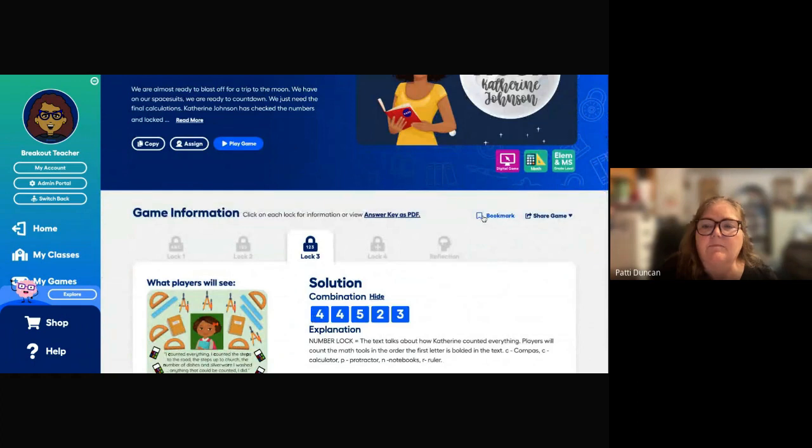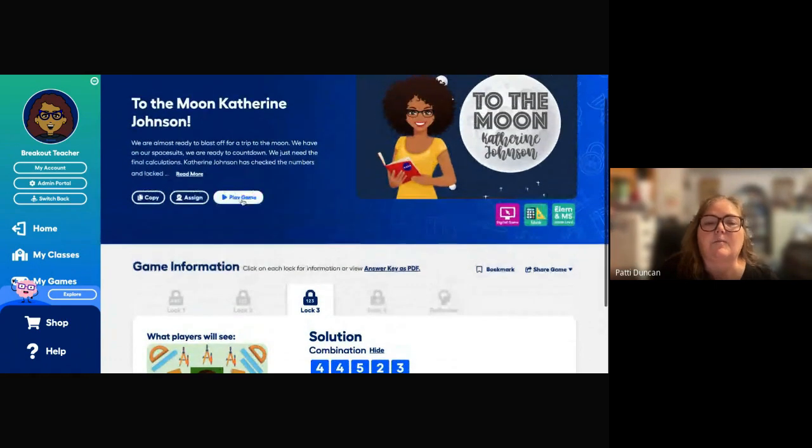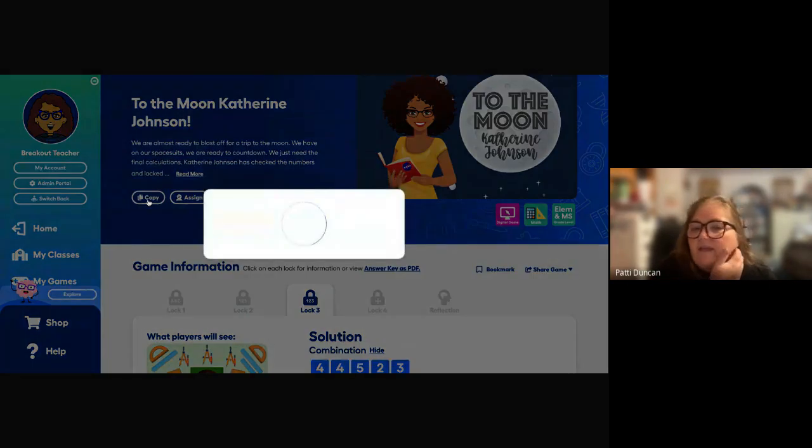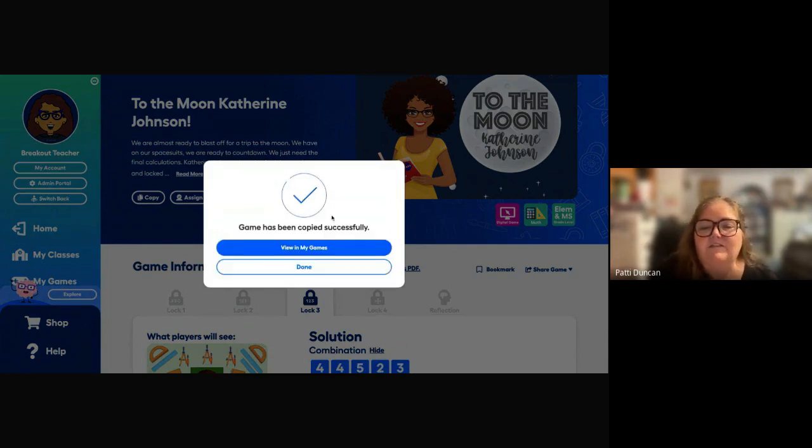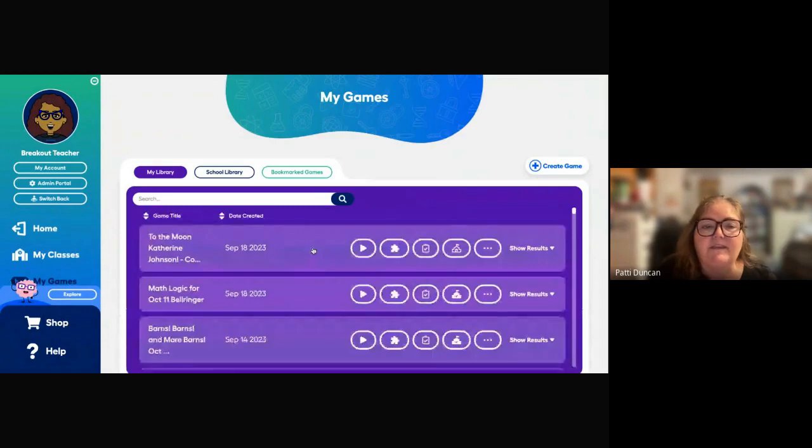Like I said, you can bookmark it. You can assign the game to the students directly, and you can play the game in front of the classroom, projecting to the whole room, so that you can do this as a whole group experience. But you can also copy the game as well. And one of the things that I think is very powerful when it comes to copying the games,